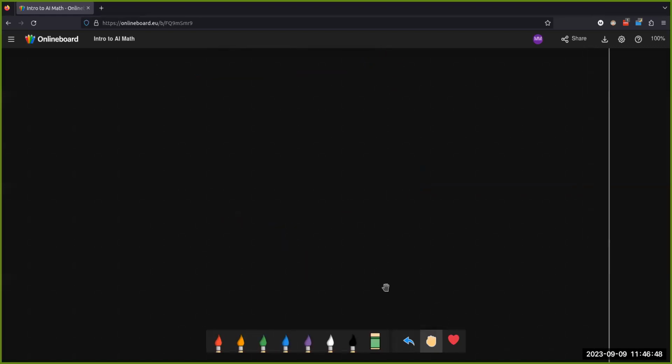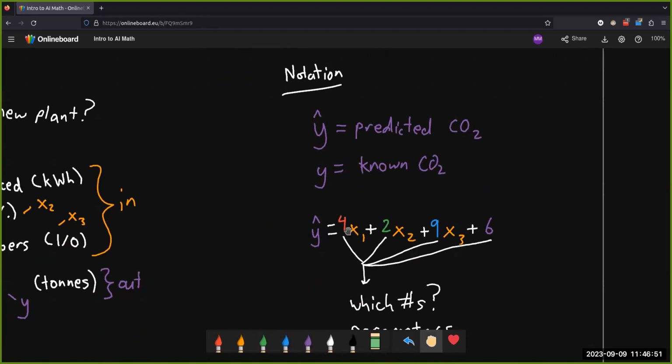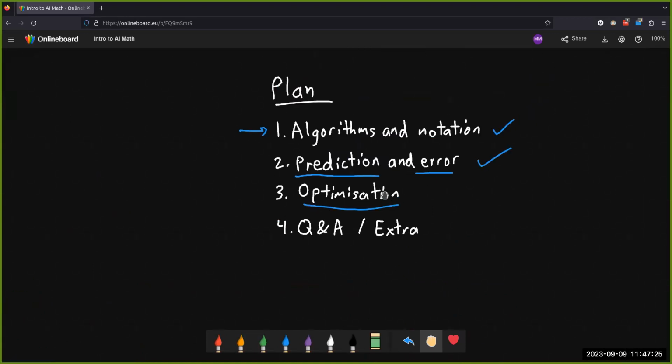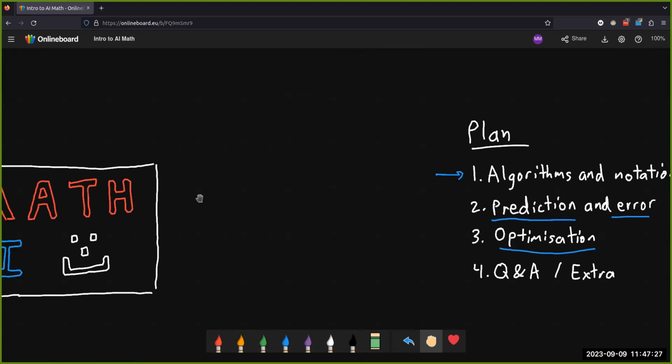I.e., how does it take my random parameters that I just threw in, like 4, 2, 9, 6, that I just randomly chose off the top of my head? How does it go from these to parameters that actually work well, that do the job well? How does it figure that out? This is the critical part of AI. This is the part where an AI algorithm will learn by itself to do the task that we have assigned it. We won't give it step-by-step instructions to choose the parameters. It will figure it out by itself using the algorithm that I'm about to show you, which is called an optimization algorithm because it optimizes the parameters.